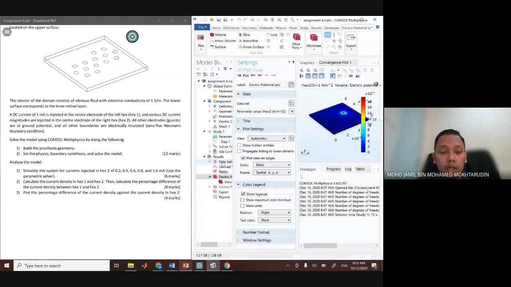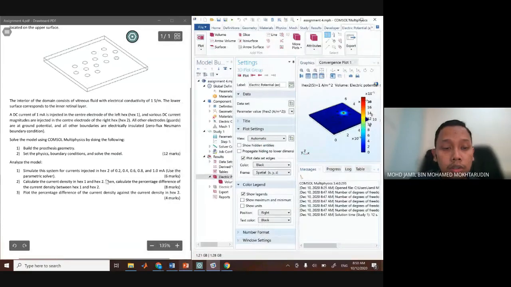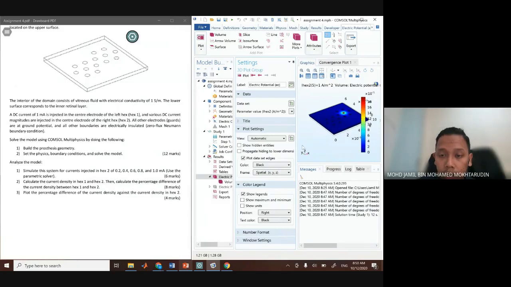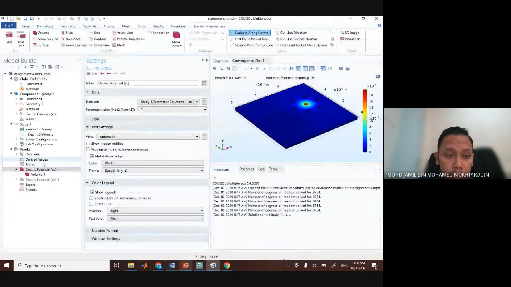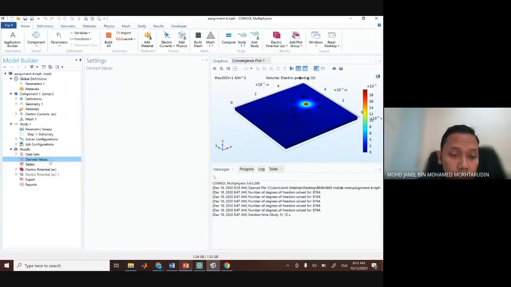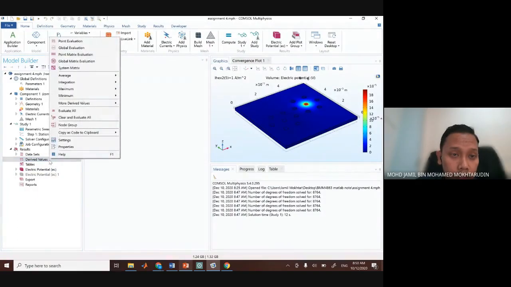Okay, another thing that you can use in COMSOL is to calculate something. For example, here, calculate the current density in hex 1 and hex 2. Okay, how to calculate the current density? Firstly, you can go to derived values here. You can right click and